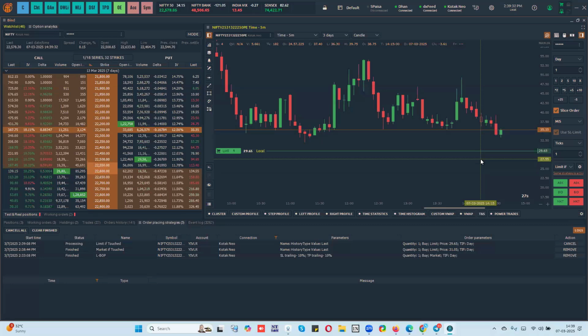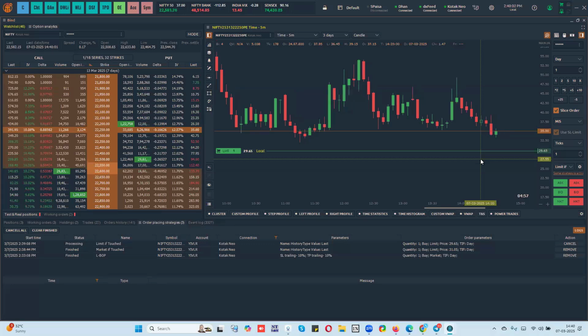You may have a portfolio where you want to buy shares worth 10 lakh rupees or 20 lakh rupees, but you want to place orders worth 1 crore, 2 crores. Now, if you want to place such an order with the broker, it is not possible. But whichever executes first, it will send the order to the broker first. So this is the way you can do that. You can place orders locally, and only if the price triggers will the order go to the broker. This way, you don't have to worry about margin being utilized at the broker level. So if you're trading cash market, the market if touch or limit if touch orders will be very useful.